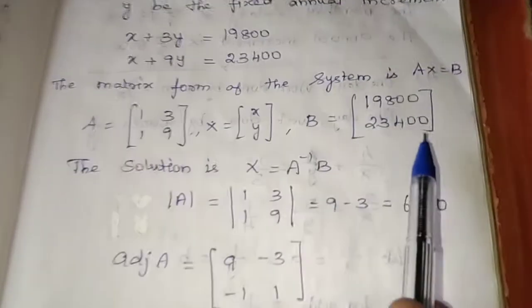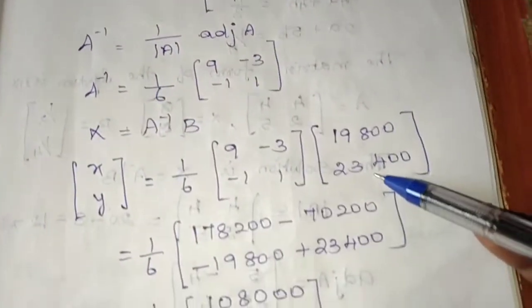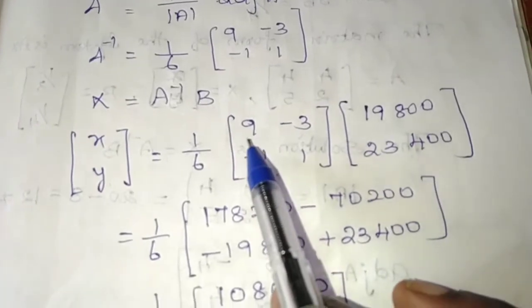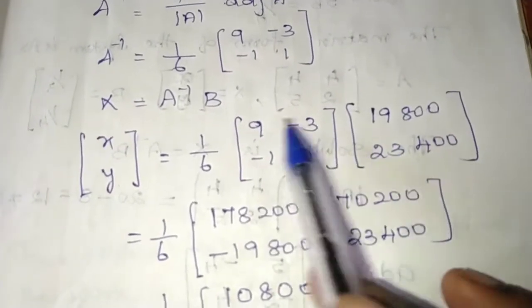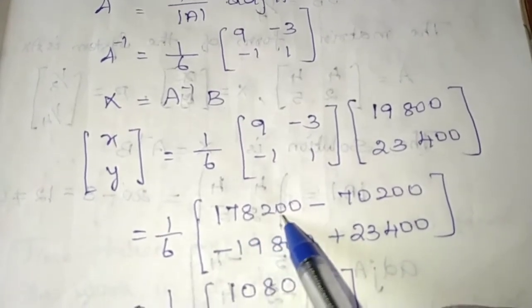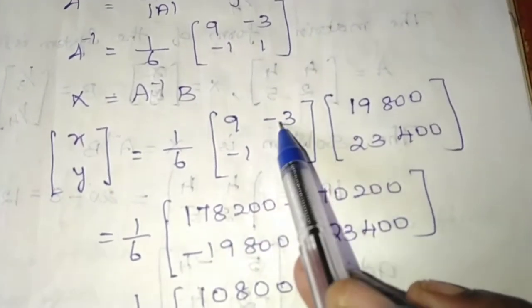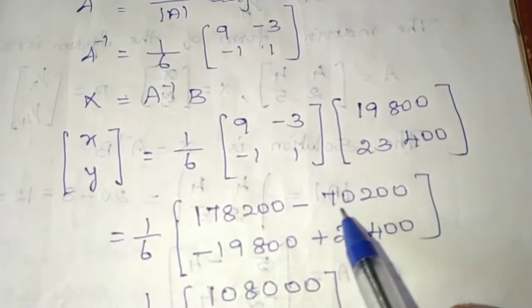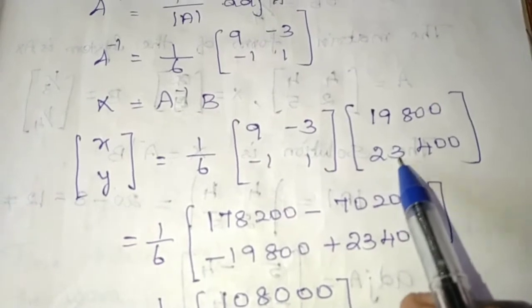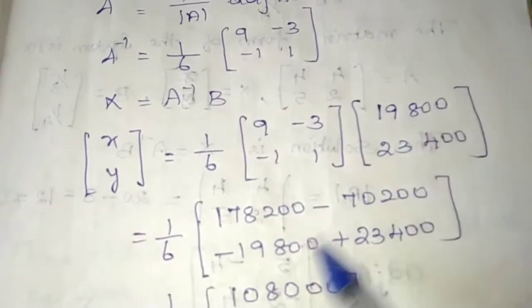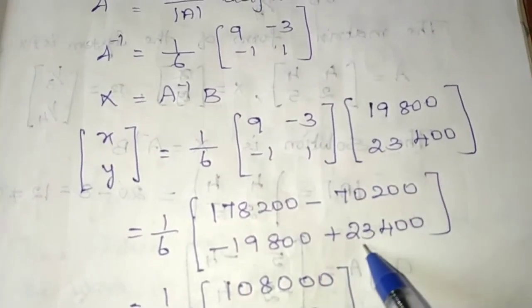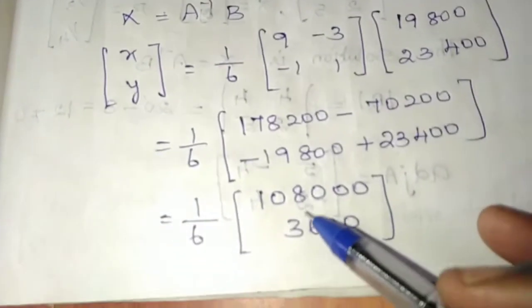B equal to 19,800, 23,400. Now using the matrix multiplication method, multiply 9 into 19,800 equal to 1,78,200, minus 3 into 23,400 equal to 70,200. And the second row: minus 1 into 19,800, minus 19,800 plus 23,400. And simplify, we get